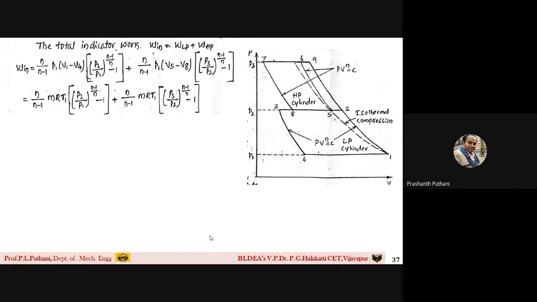which means I can write it as what? Yes, your compressor equation. So this is the low pressure cylinder, you can see here. For this, how can I write? n by n minus 1 into the effective swept volume, because there is a clearance volume. So I write it as V1 minus V4 into P2 by P1 raised to the power of n minus 1 by n, minus 1, plus n by n minus 1 into this one for the second cylinder. We have the difference from P5 to P8. We write P1 into V5 minus V8 divided by P3 by P2 raised to the power of n minus 1 by n.